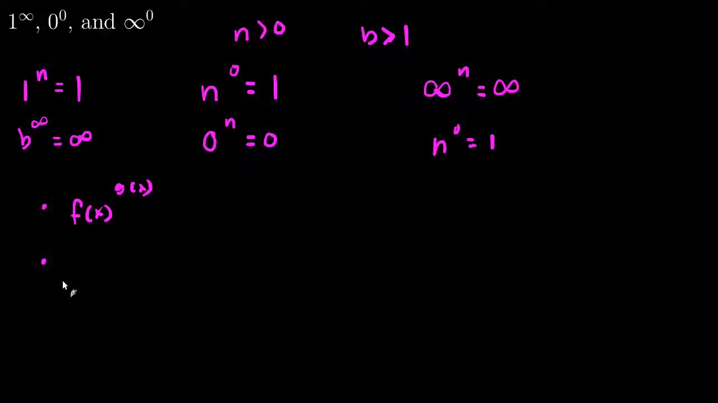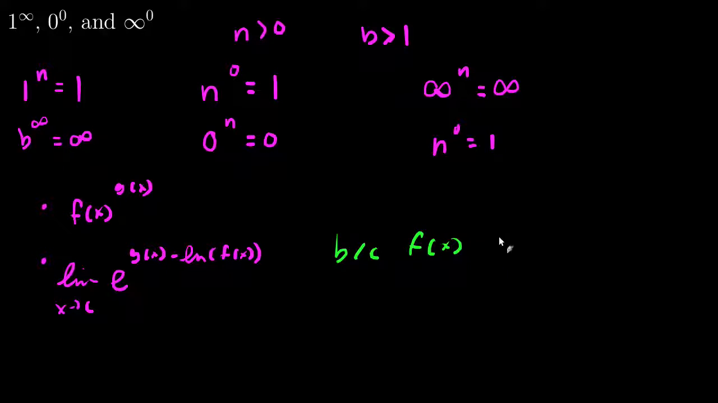We will rewrite this as the limit, as x approaches c, of e to the g of x times natural log of f of x. Because e to the natural log of f of x is just f of x, and so I get this same base. I guess I'll show that a little bit better. So because f of x to the g of x is going to equal e to the natural log of f of x all to the g of x,